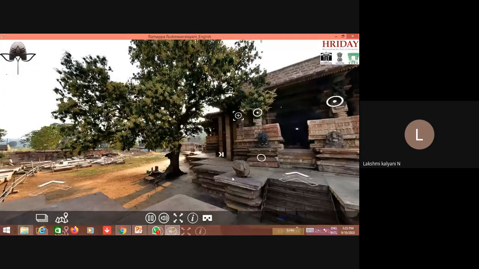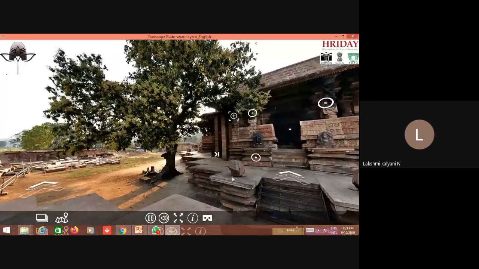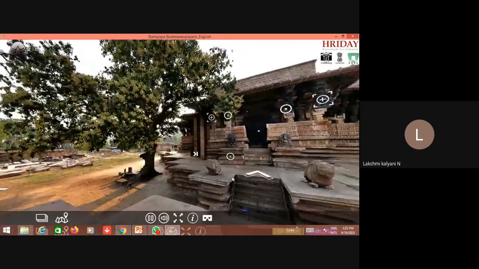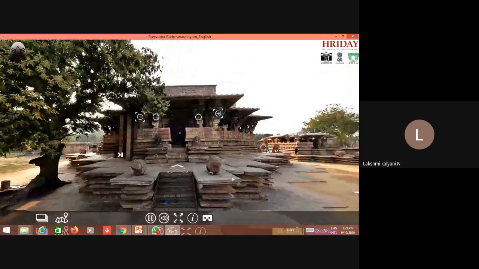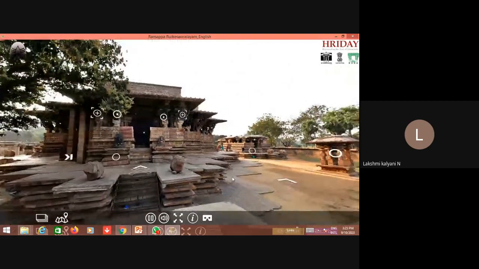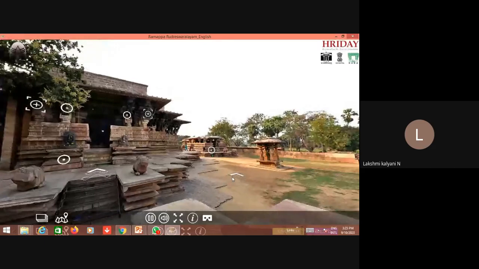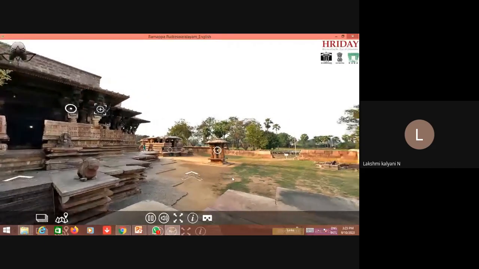In the enclosure of the main temple, there's also an exquisitely carved Nandi in a Nandi Mandapa opposite the eastern entrance of the temple.